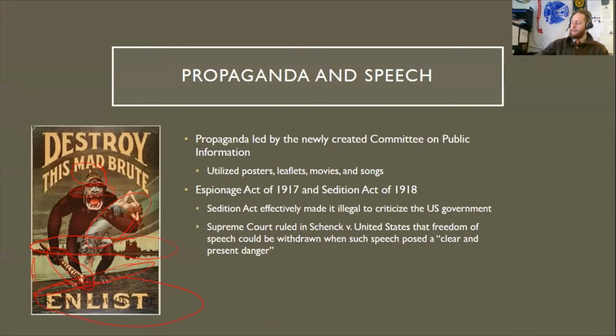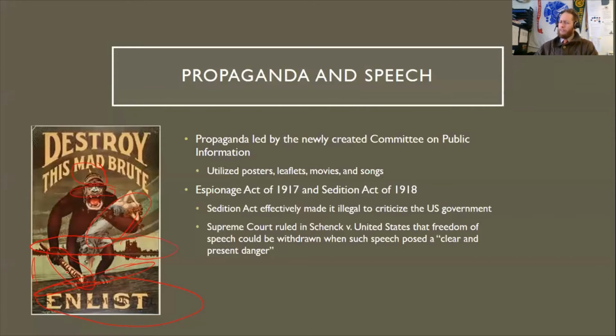And so the propaganda is fairly effective throughout the war. It gets a lot of people involved in the war effort, either enlisting or working in the factories or rationing, which we'll talk about a little bit later. But it also serves a very negative purpose of vilifying Germans and other individuals whose ancestors hailed from the Central Powers. And so there is going to be prejudice against Germans and Austrians and Italians for a little while, because of their ancestors' relation to the Central Powers.